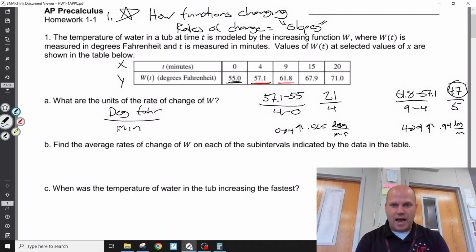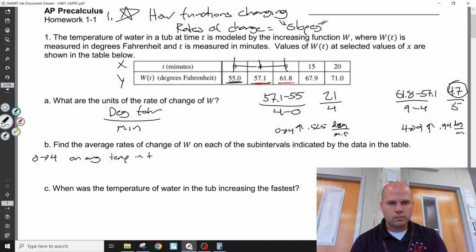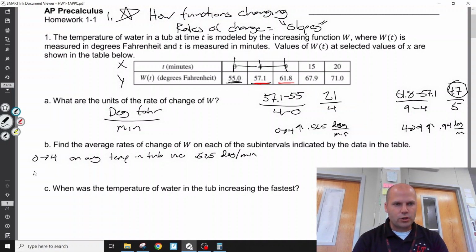Now we want to find the average rate of change of each subinterval. Subintervals are just, hey, from 0 to 4, what is going on? From 4 to 9, what is going on? We already did 0 to 4. So from 0 to 4, on average, the temperature in the tub increased 0.525 degrees per minute. From 4 to 9, on average, the temperature in the tub increased